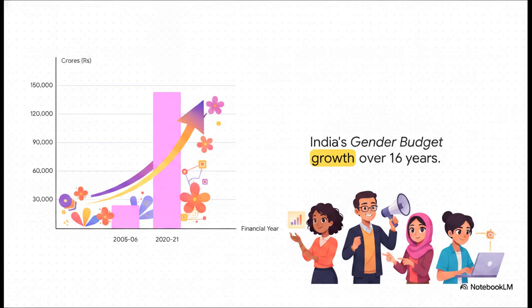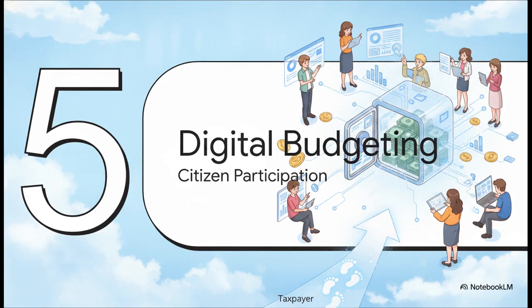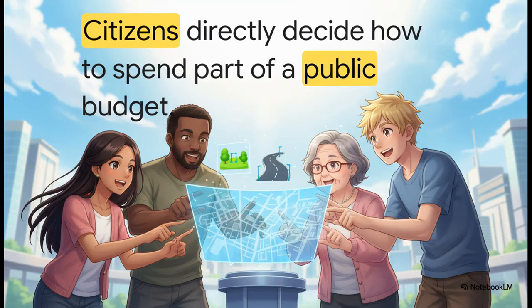Finally, Section 5, Citizen-Led Digital Budgeting and Citizen Participation. Let's wrap up by exploring how the true power of budgeting is finally being handed directly back to you, the taxpayer. Imagine actually deciding exactly where your tax rupees go in your own city. Do you want the money spent on fixing those annoying local potholes, or maybe building a brand new park for your neighborhood? Well, that's the democratic power of participatory budgeting. It's a system where ordinary community members directly decide how to spend a chunk of a public budget. This was pioneered in Bengaluru way back in 2001 by Jana Agraha, and later took really firm roots in Pune.